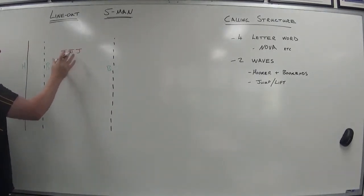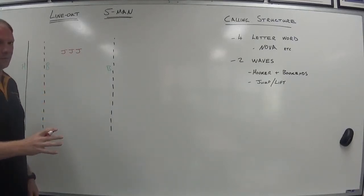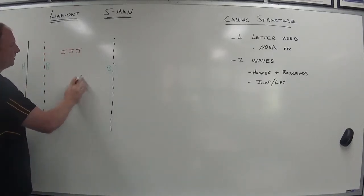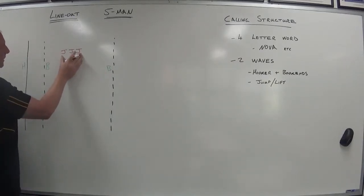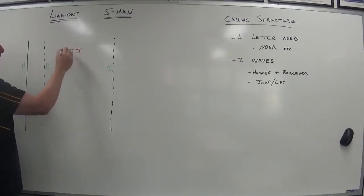And the whole ethos of all of our lineouts this year is we're trying to beat our opposition with speed. Speed on the ground and speed into the air with a good throw. How we do that is we identify where the spaces are and we move to that area and throw to that area. So we're going to have our 3 guys come in like this, and there's going to be just a nod or look from our main designated